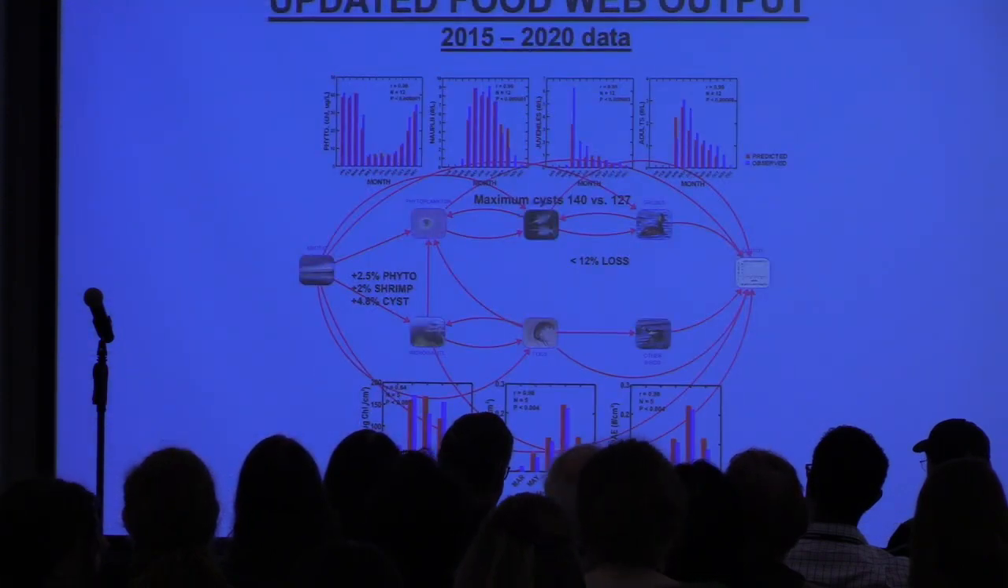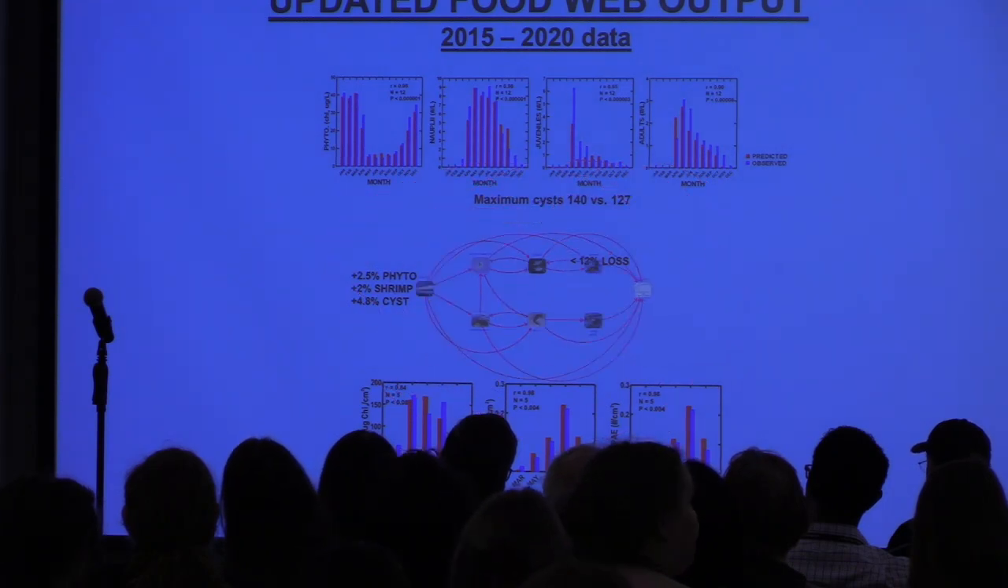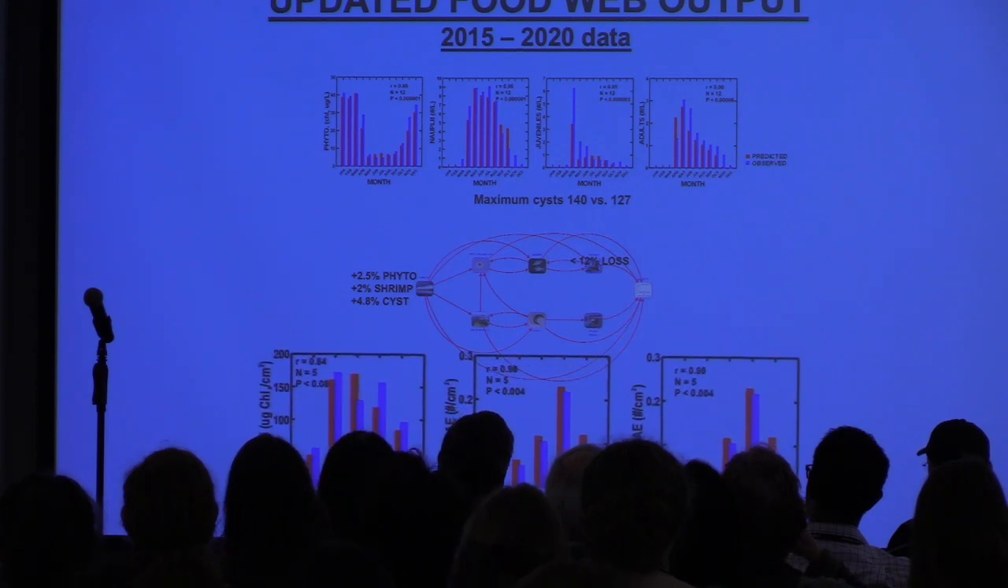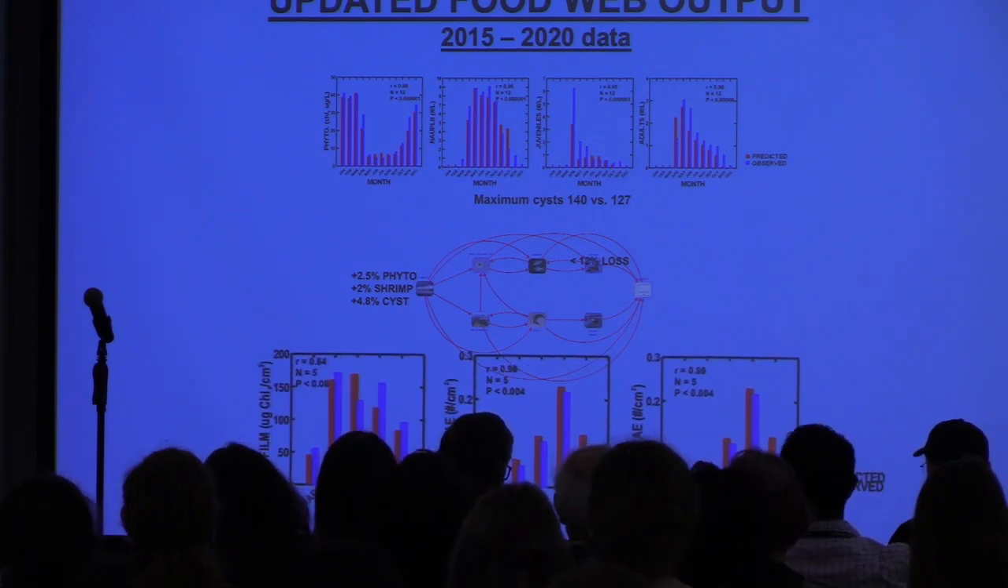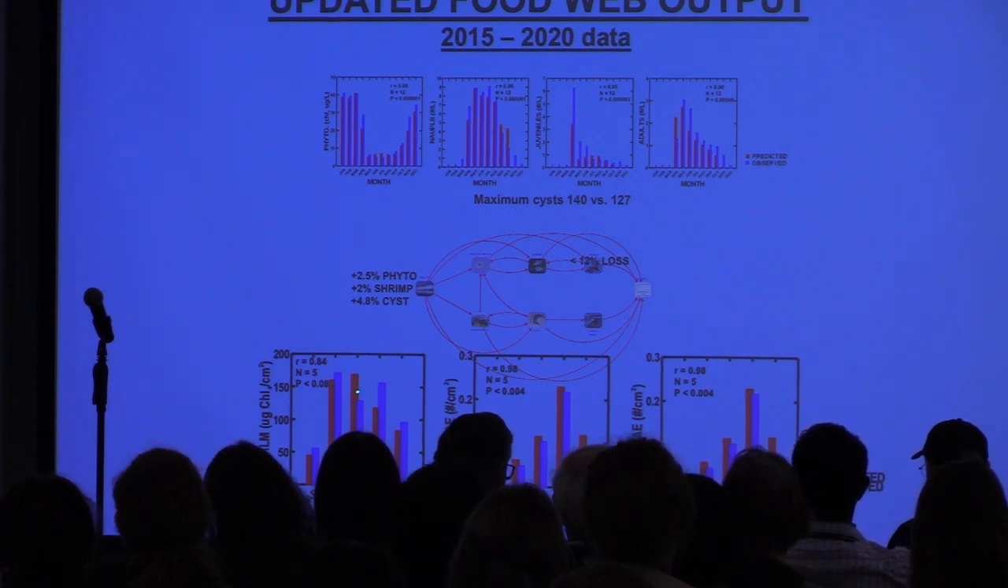And this is what the model looks like and its output now. So let's look at the different parts of the model, and in particular the benthic part right now. And you can see that this is the predictions of the model in red. Blue is the observed values for the